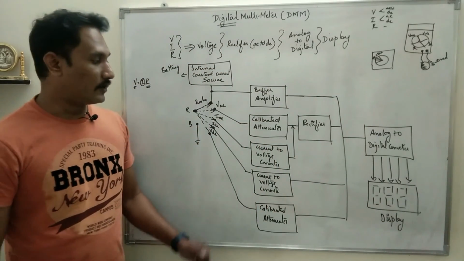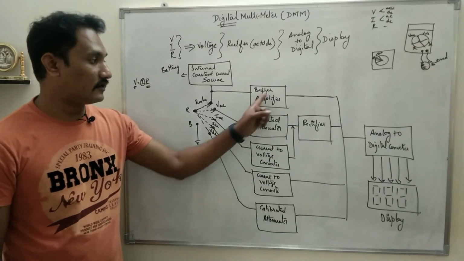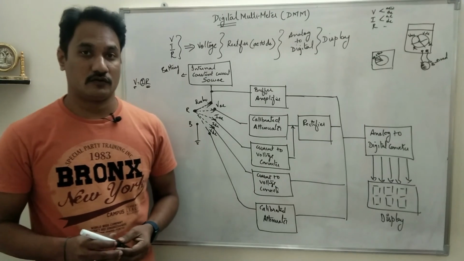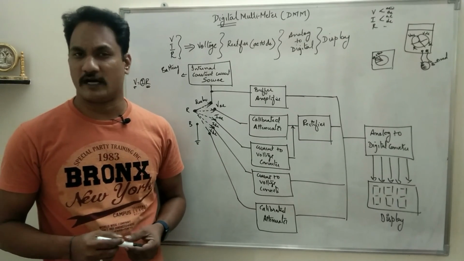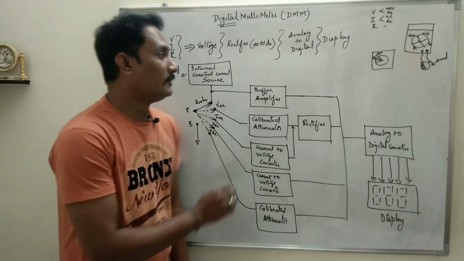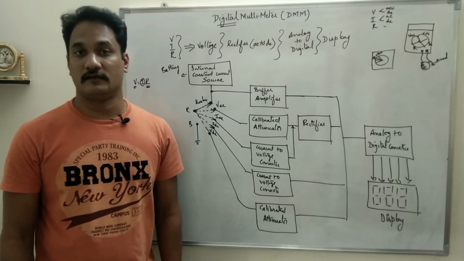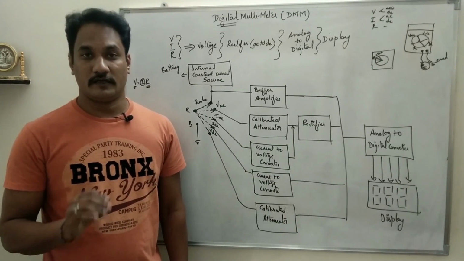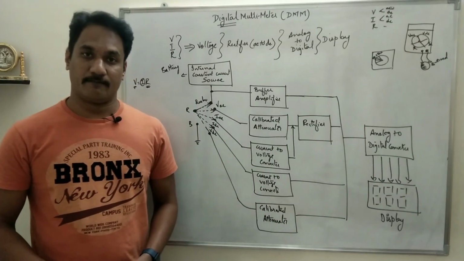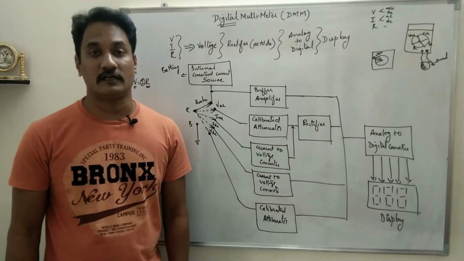So this block diagram will give you 2 marks and 2 marks for the explanation of each of these blocks. Of course, you will get that in your notes. So this question will be asked for 4 marks. Very important question, and you make sure that you prepare this question thoroughly, so that you can write it in your exam in a proper way. 2 marks for the diagram and 2 marks for the explanation. So I hope you have understood. This is all about digital multimeter, and this completes your chapter number 1.